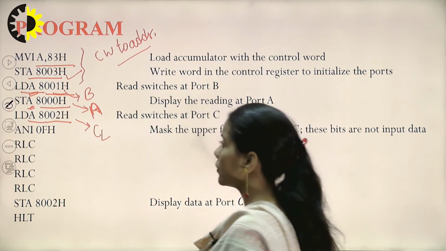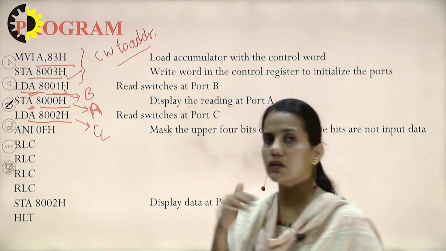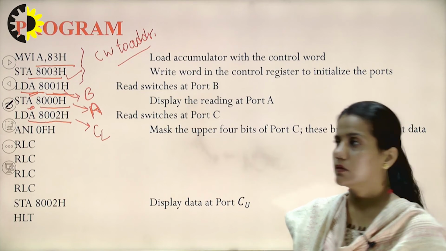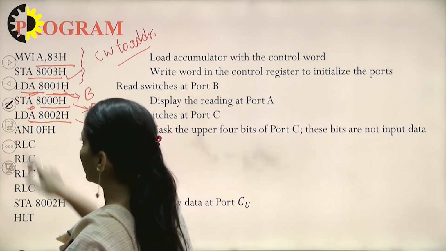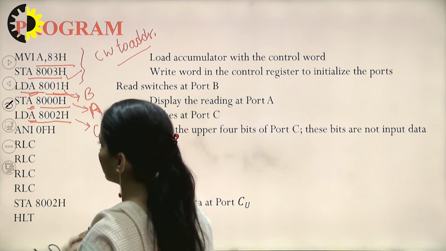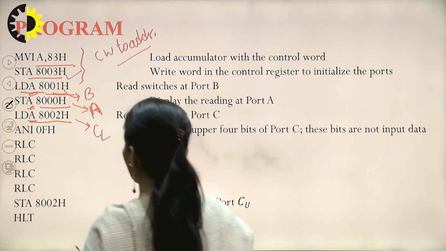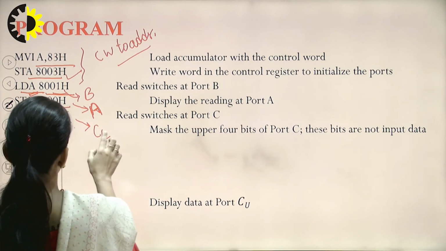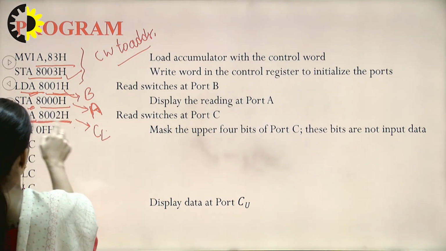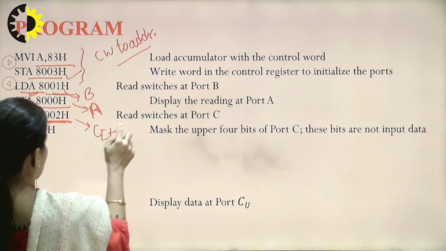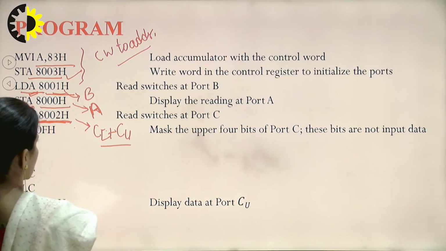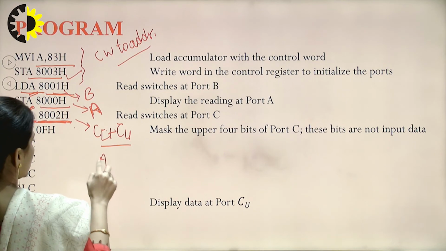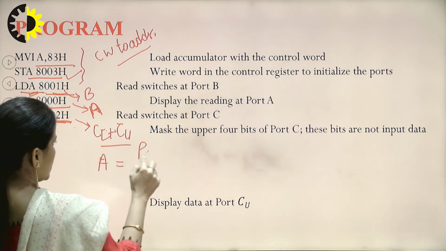So this is the address for port C. Whatever values have been obtained at port C, it will be saved in the accumulator. Here C is representing the port address of C, upper and lower both. So now the accumulator is holding the port C status,